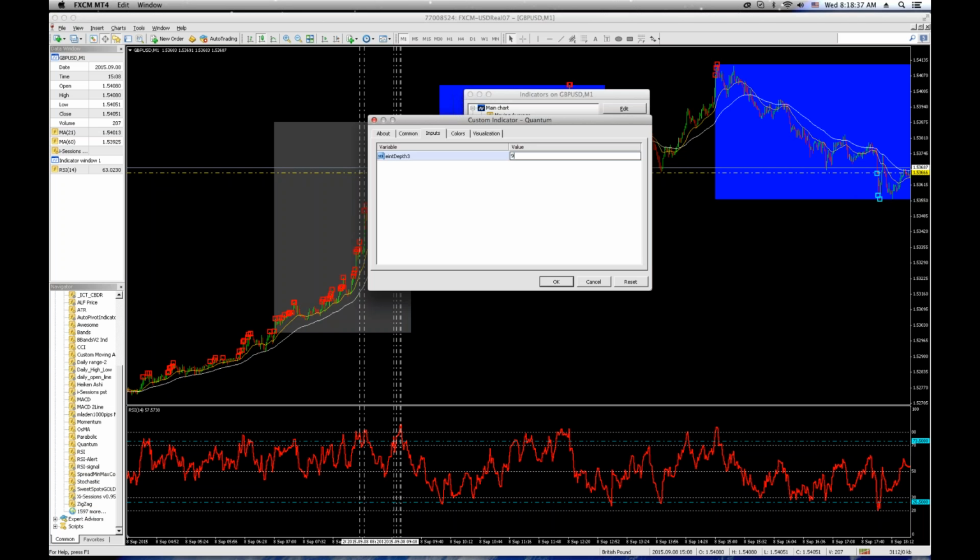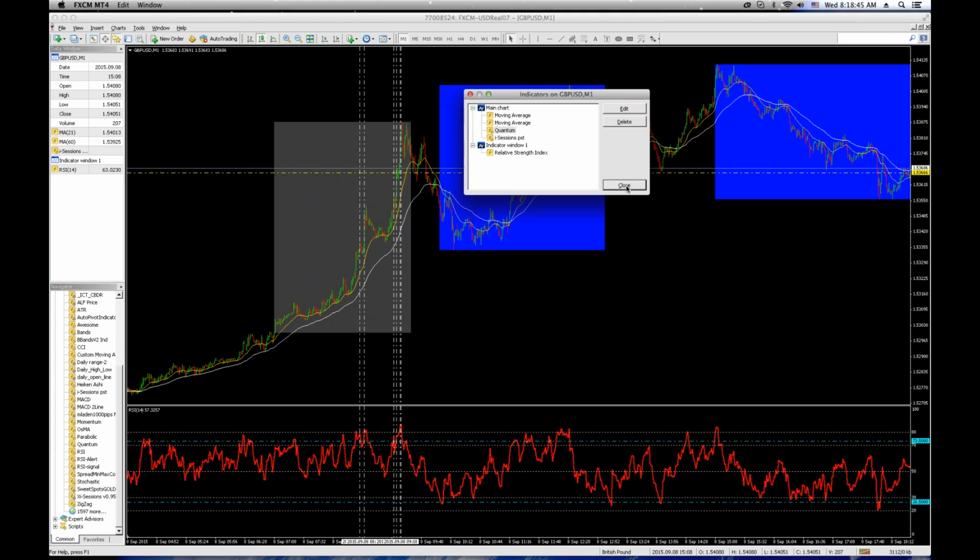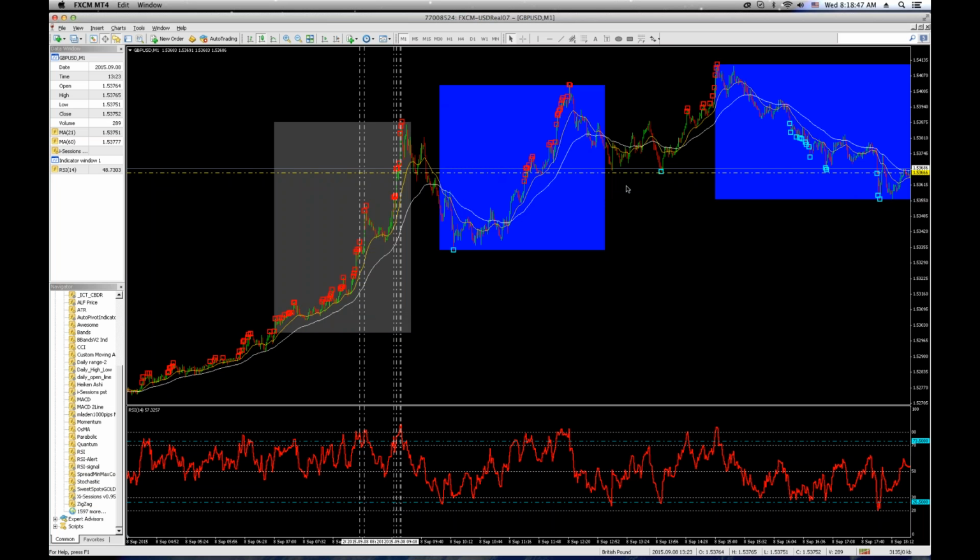If you go back to the 95, that kind of fits my eyes better, but I'm actually going to look at both of them. And yeah, if you go back to the 95, and if I start now, again, this is me, I would just start taking every one of these until I got a close below. Let's take the blue box in the middle. I would take every one of those red boxes long until we got a close below